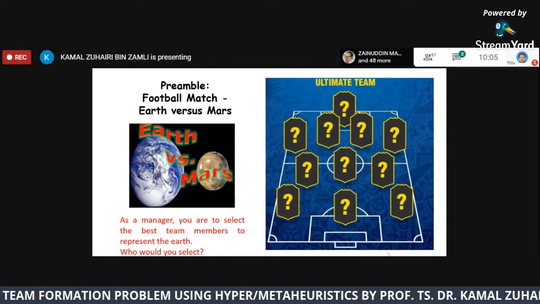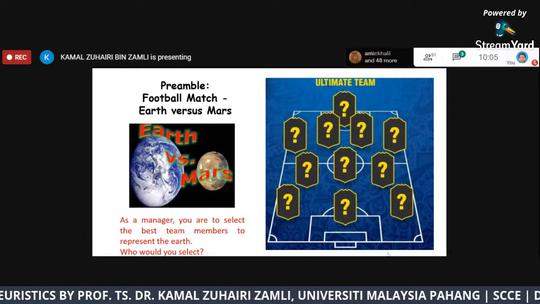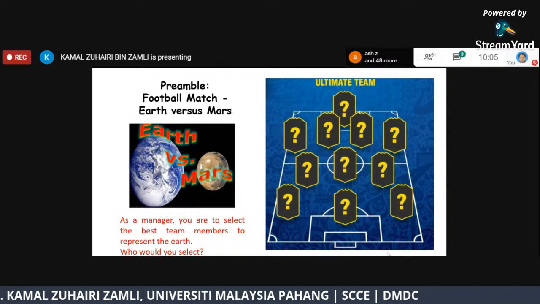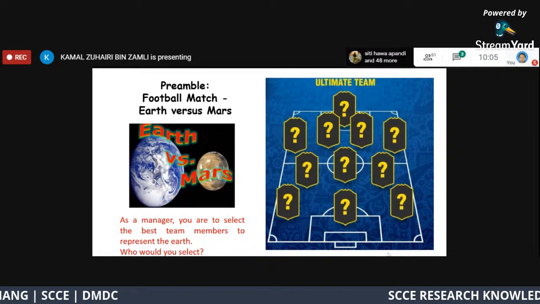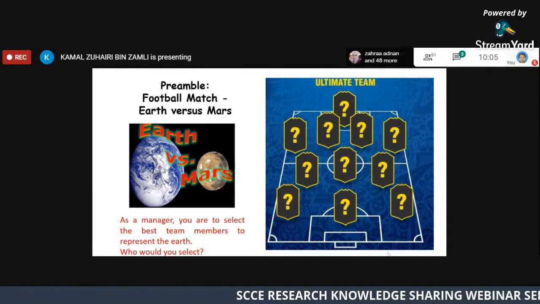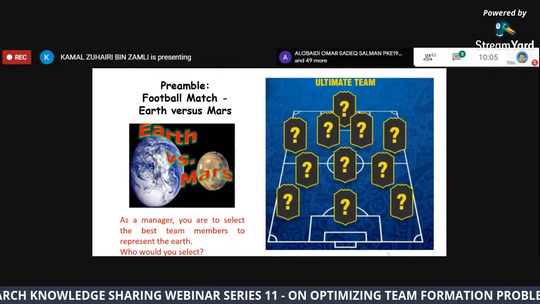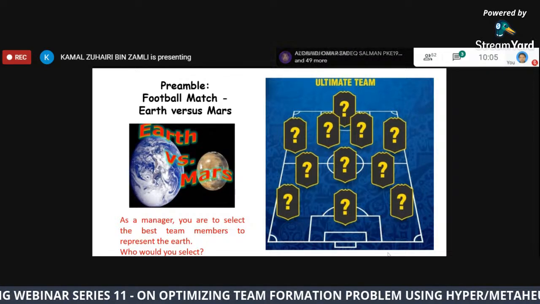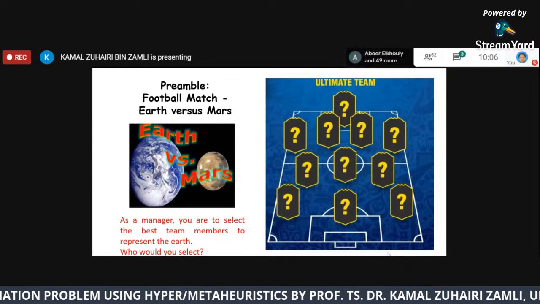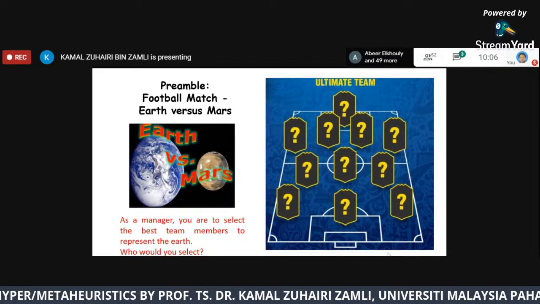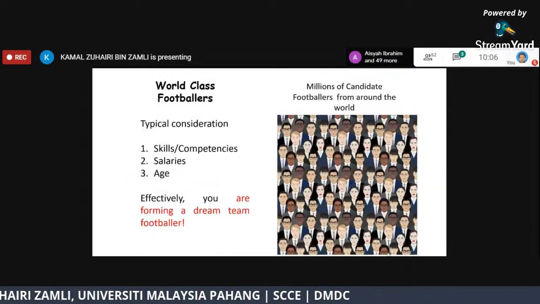So basically, I hope everybody knows what a team is. Let's say, for example, we have a dream match, maybe Earth versus Mars, and you are selected as the manager, and you are to select the best team from the world to play football against Mars. And you're supposed to find the goalkeeper, defender, winger, attacker, and so forth. So who would you select if you have this football team? So in the sense that maybe you have